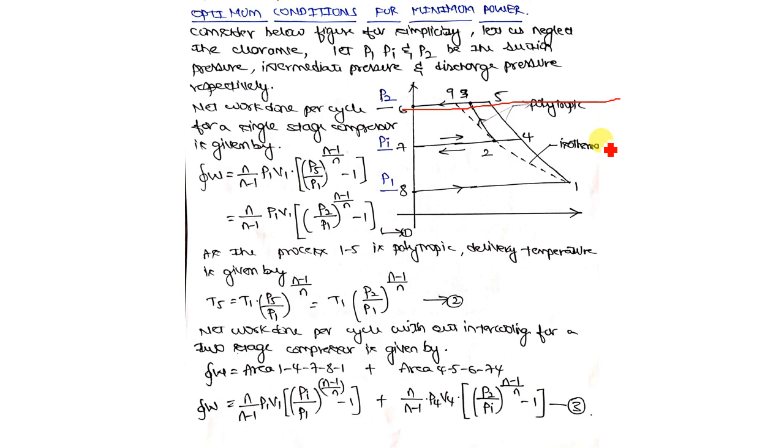So that means the output pressure of any compressor cannot be varied because of the design constraints. That is one thing. Second thing is your input, the pressure at which you are inputting the air into the compressor, that also cannot be varied. It would usually be atmospheric pressure, as you cannot pressurize the fluid and then send it to a compressor.